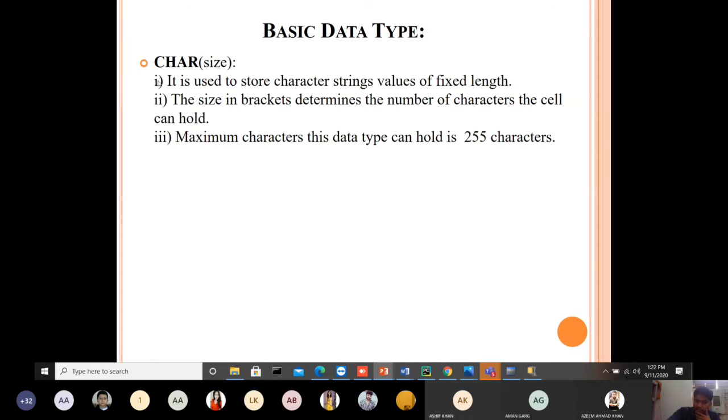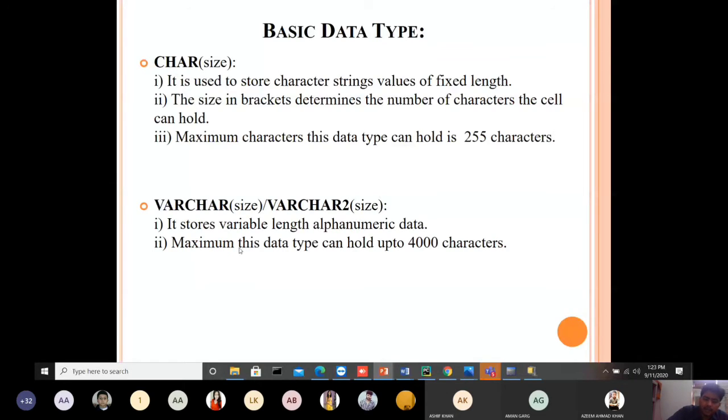One of the data type you have seen, that is char. Char is used for the fixed length value, fixed length string, right? And whatever we have to write here, we have to write the size. You can mention the size, and in the char case, it is optional; by default it takes 255 characters. So you can also remove this size, or either you can give the size in that. So size will be provided here. What is the length of the particular attribute? So this is one of the data type that is used for the fixed length string.